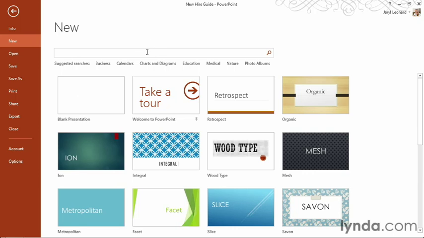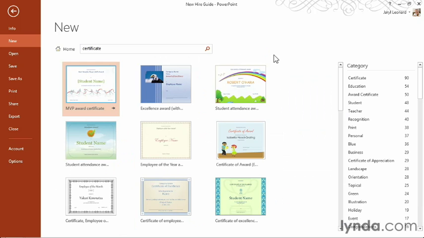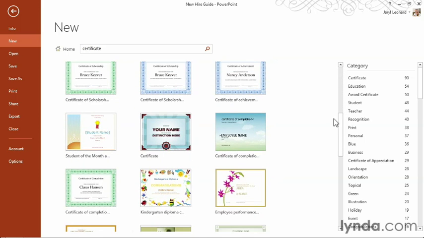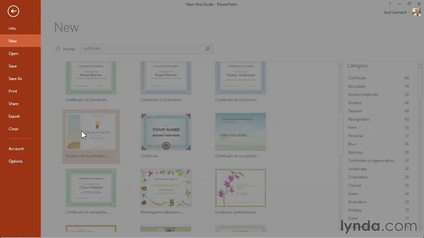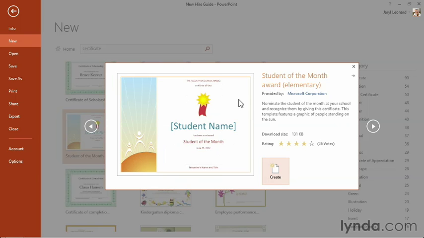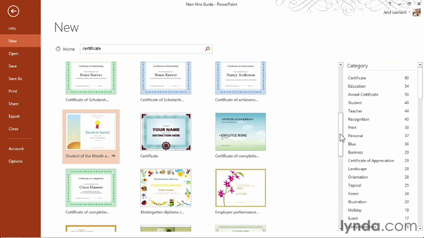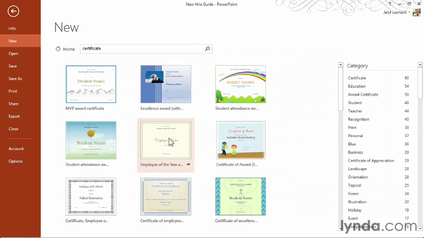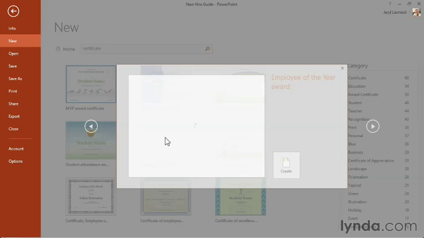So I'm going to go in here and type certificate in the search box. I click on the search magnifying glass, and it's actually going to go out to the internet, to the Microsoft Office site, and pull down any templates it has that match that. I can scroll down just like the themes. I can click on one. I can preview it. And if I don't like it, I can hit the X and close out. Can come back up. Once I find one that I like, for example, here's an Employee of the Year award,